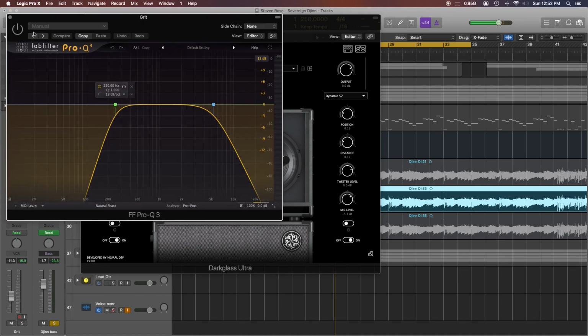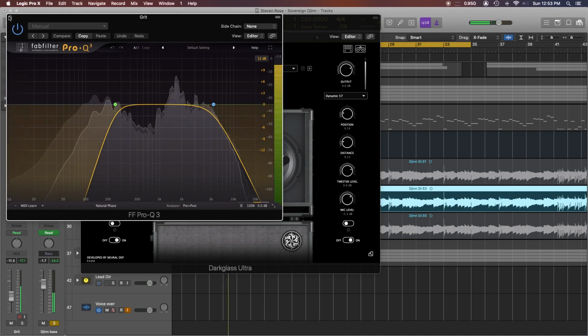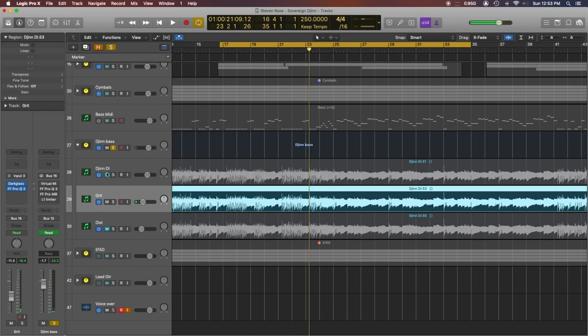Next in the chain we have the Pro-Q 3 again. This time it's filtering up to 250 Hertz, so it's filtering out all the sub. Then I've got a filter at 5.3K just to reduce some of the nastiness way above there. Again, auto gain is on, natural phase mode. Let's turn that on. Sounds really bad by itself, but let's go ahead and blend in that DI. Now you've got that classic clanky tone. But let's take it a step